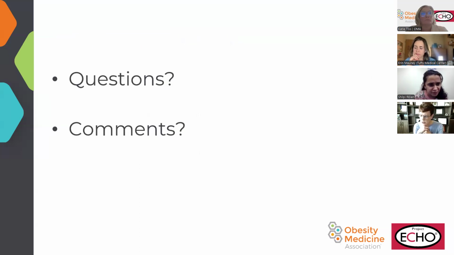A couple items in the chat. Any luck with Trulicity based on the pre-diabetes is a question. No. We always try to do that, but I have never had any luck because they're very strict that she does not have diabetes, or any patient. I have tried pre-diabetes for a lot of other obesity medications and other GLP-1s, but I haven't had any luck yet. Another question, how do you prescribe the medication doses off label?